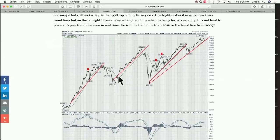Then the 2002, 2003 low ended up finishing off in 2007. And you could put the low off of these anchor points, but one of the problems you have with using that anchor point is that you can see that most of the touches are on the line. So I could have drawn one here and a touch, and one here and a touch, and one here and a touch. So it's just wherever, as you stand back over the years and look, where's the most obvious place